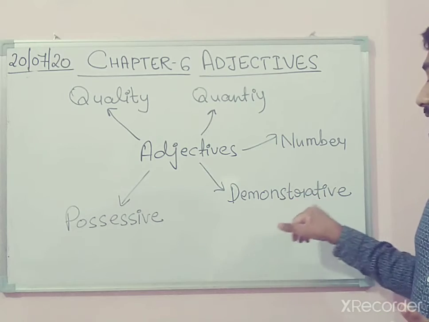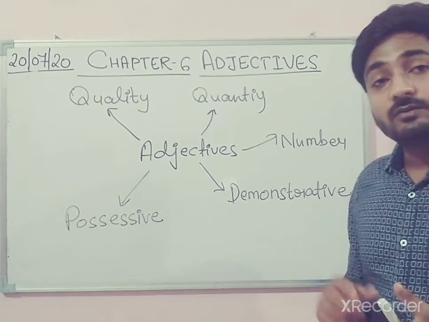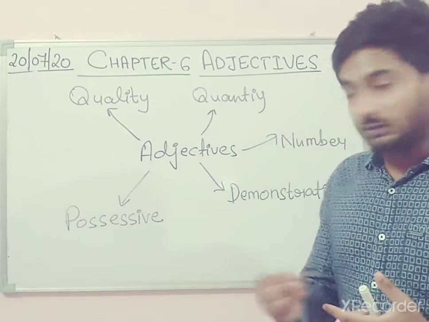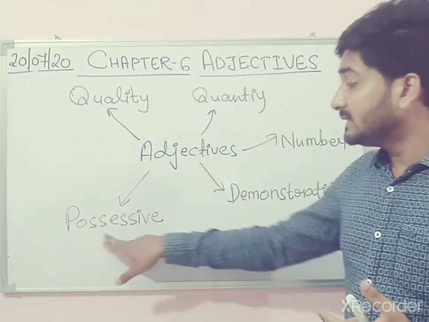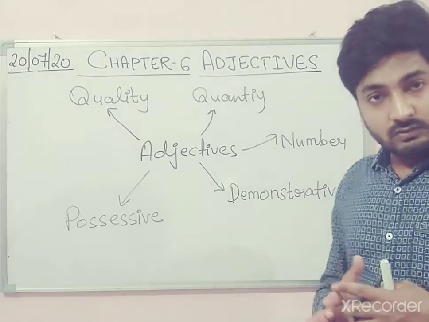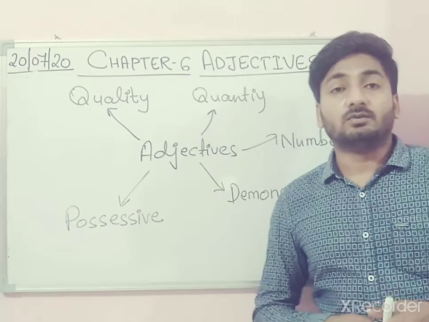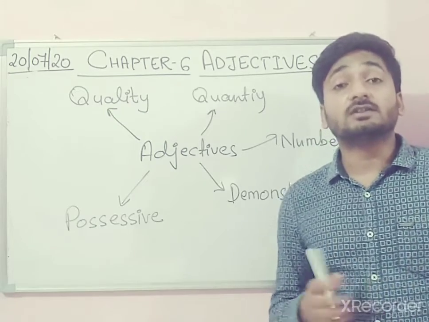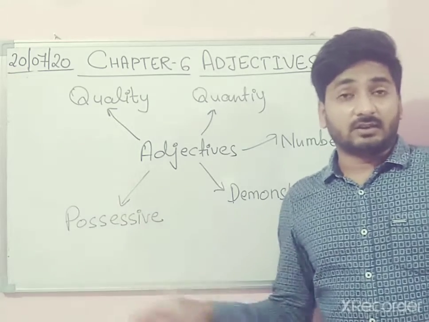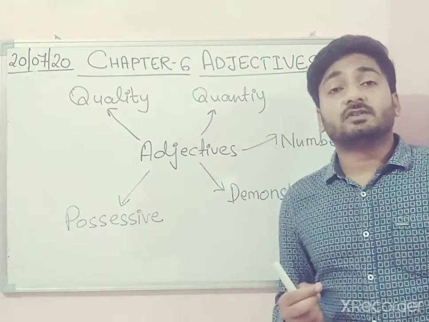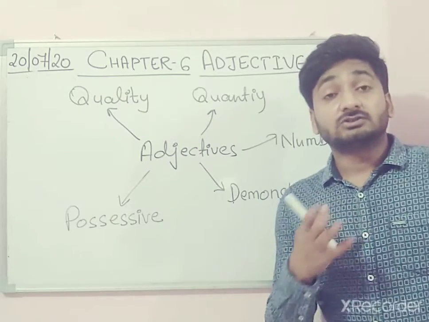Now come to this one, demonstrative adjective. Demonstrative adjective we use to point out a noun. Okay, and with such words: this, that, these, those. I have given the examples as well. Now last one is possessive. As you can understand by the name possessive, when you are showing possession on a noun or on a person or on a thing, then we use this adjective, possessive adjective. And some common possessive adjectives are his, her, my, our, their, your.